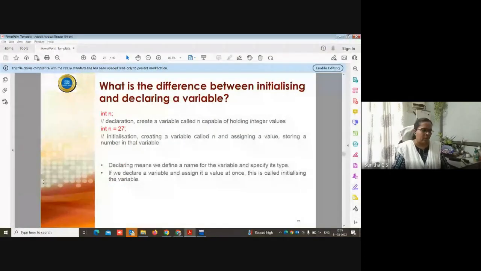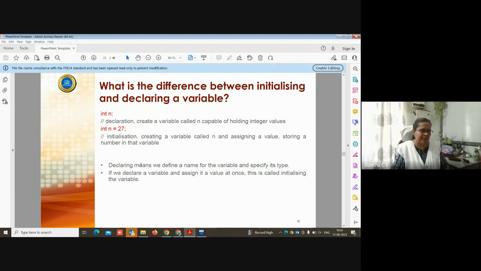Okay. Now, what is the difference between initializing and declaring a variable? As you have already seen, int m is a declaration, which creates a variable called m capable of holding integer values. But here it is initialization, creating a variable called n and assigning a value, storing the number in the variable.